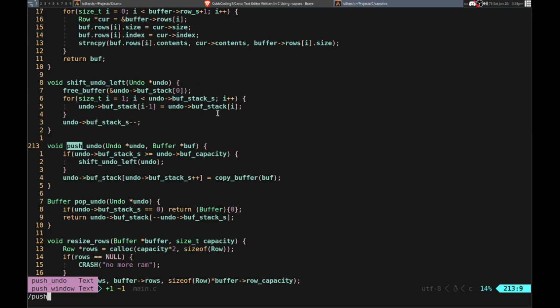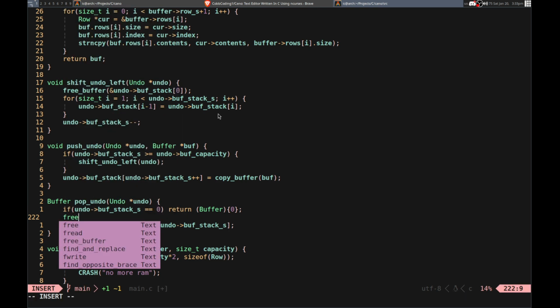So let's look at the push undo. Because if I get rid of that, then it works fine. So we're copying the buffers. We need to free them when we pop them, right? So let's free buffer,